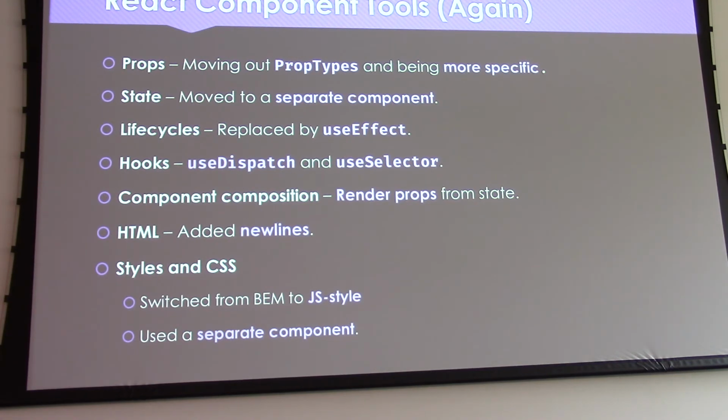So we don't even have to worry about it. Life cycles got replaced by useEffect, even though I ended up getting rid of that. Life cycles can get replaced by that. That's a really nice, slick way of doing them. So we used the hooks called useDispatch and useSelector. These are currently in the latest version of React